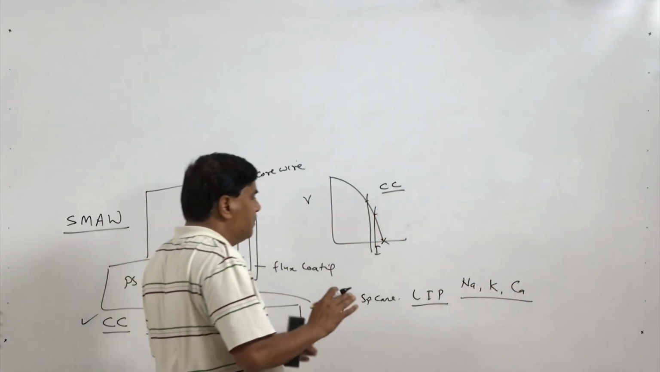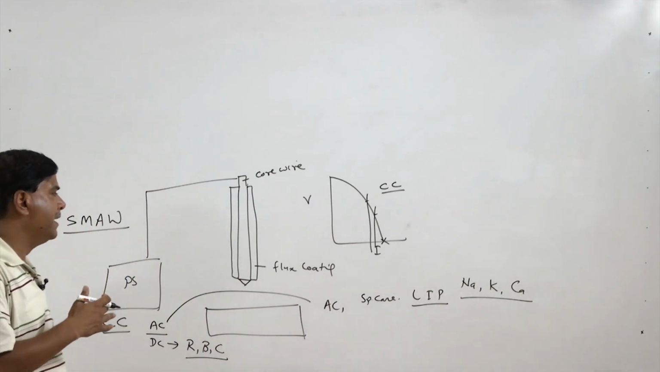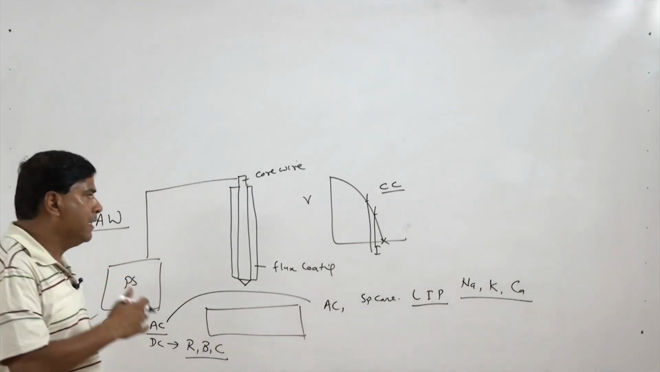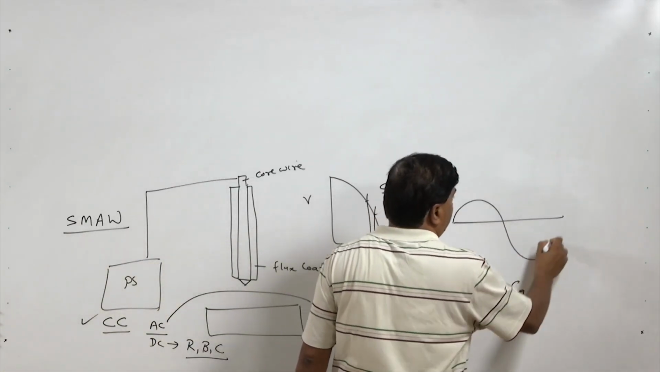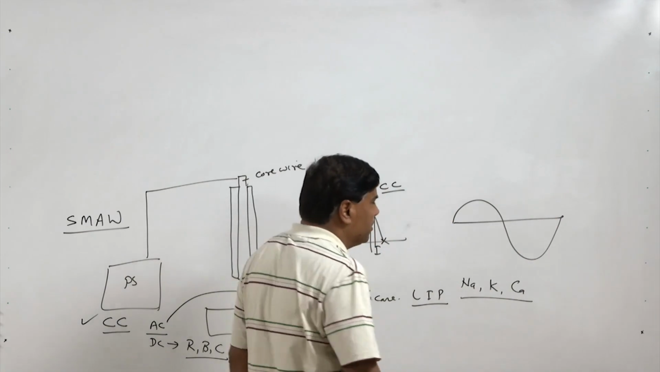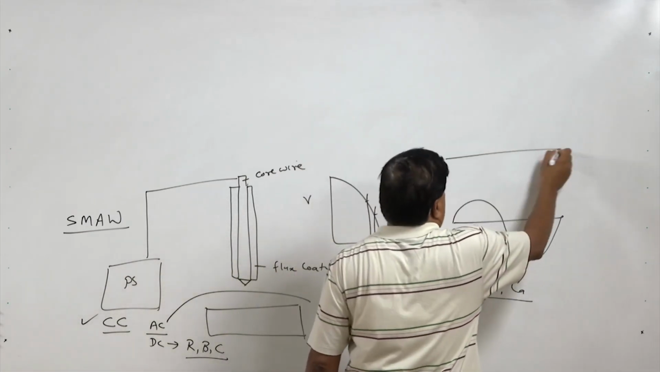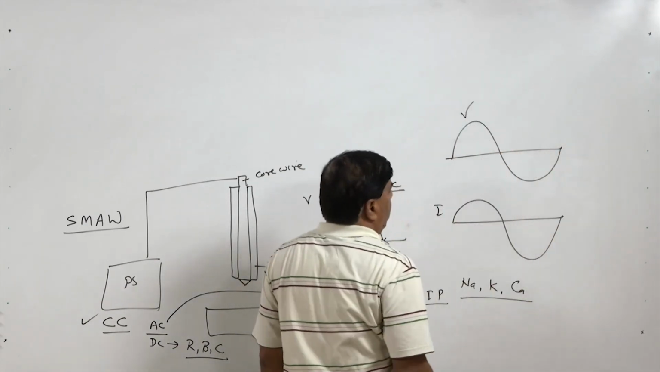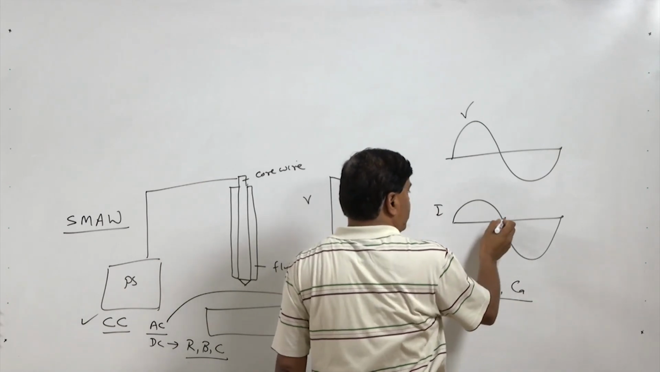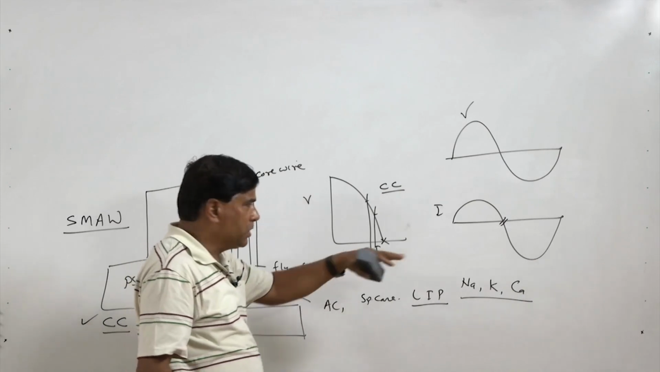These low ionization potential elements facilitate the easy emission of electrons for striking the arc whenever the current passes through the 0 level or changes direction, or the voltage is 0. So, if this is the current cycle and this is the voltage cycle in case of AC, it is important that when the current becomes 0 at this stage,